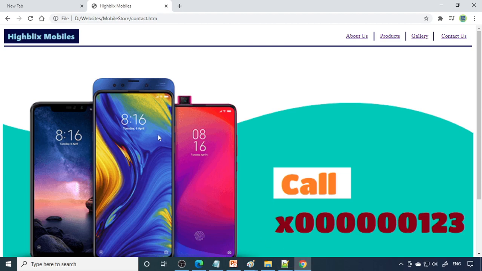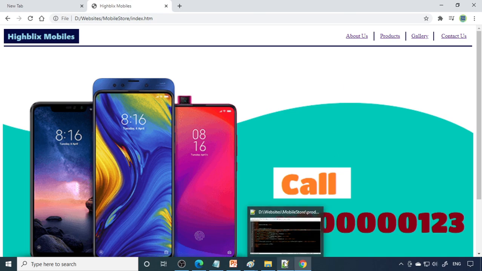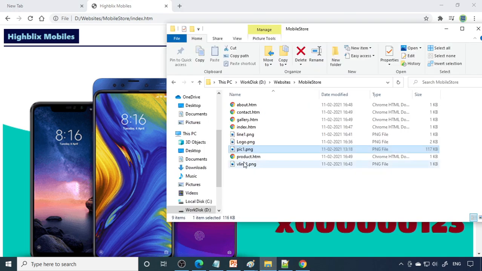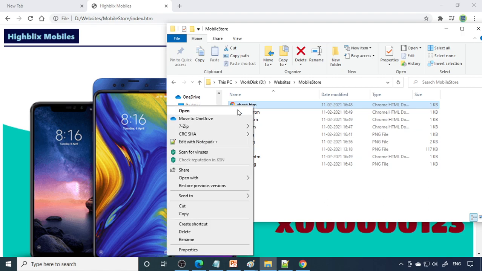Now what will happen? If you go to about us, when you bring the cursor to this logo, you are able to come back to main page. So when you are on index, here it will be a regular cursor, but if you go to any of the other pages, then the cursor will be a link cursor, therefore you can click on that. So we'll come back to index.html. Now we need to edit them, so we go to about us. Okay, so let's take about us. This is about.html.